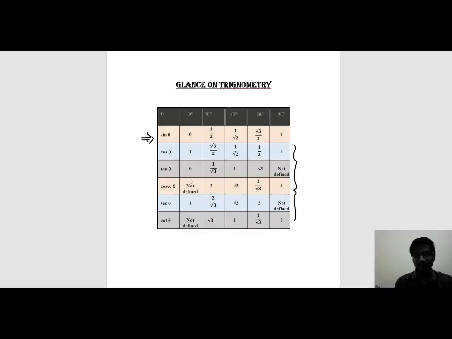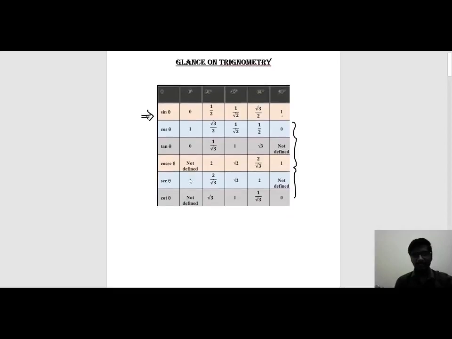This is understood, right? And for tan, tan is a ratio of sine by cos. There are actually 6 trigonometric ratios that we have to deal with in this chapter: sine, cos, tan, cosec, sec and cot. Tan is nothing but sine theta by cos theta. Now using this, you can derive the third row.